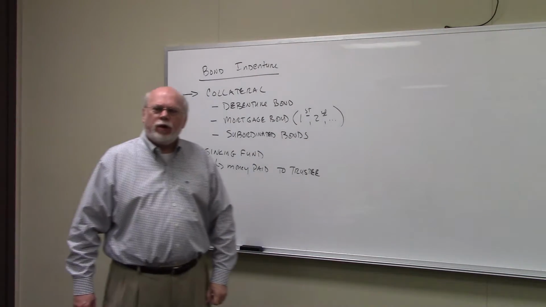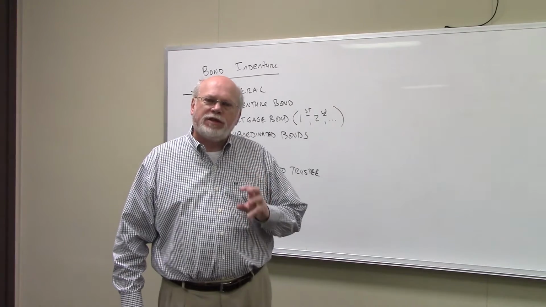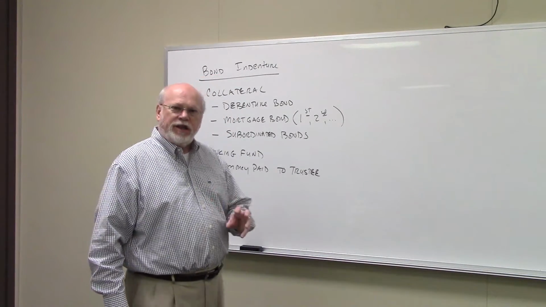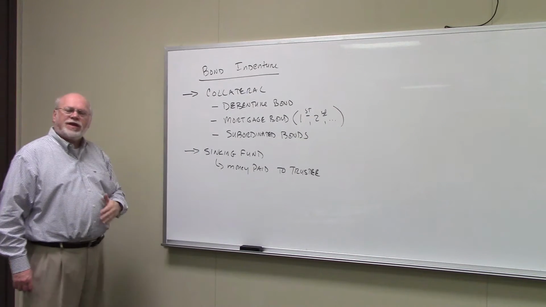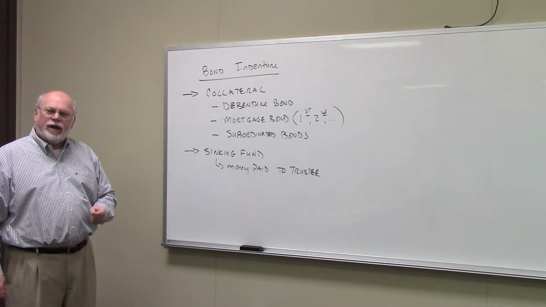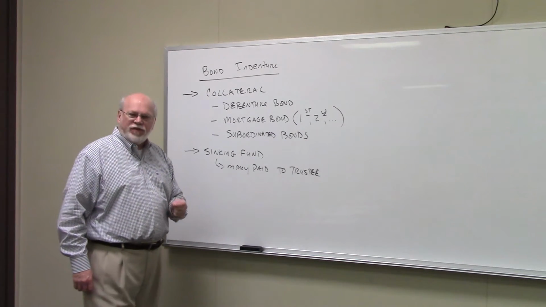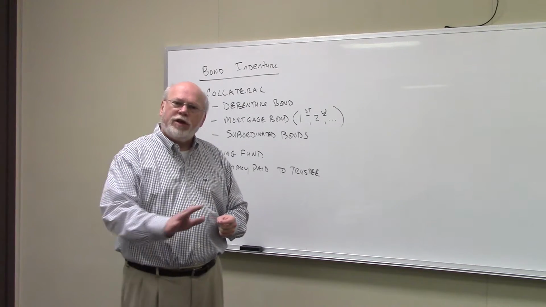Okay, now we're talking here about the elements of a bond indenture. And continuing that lecture, two other elements that you commonly see in a bond indenture. One has to do with the collateral on the bond. Now, collateral is something of value that you would come into as a bondholder should the company default on the